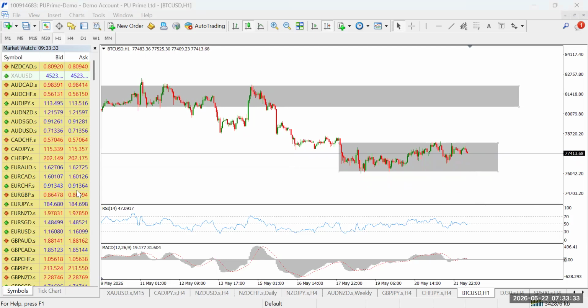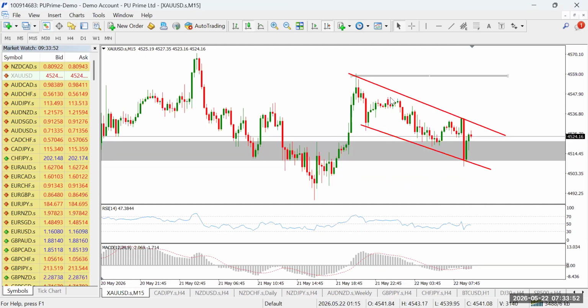All right. Let me just do a little recap. We've looked at the dollar index this morning, and we're bearish on the dollar index. And as such, we're bearish on the USD CHF. We're bullish on the EUR USD. Then I looked at gold. I told you I have a bullish outlook on gold on the 15 minutes time frame.